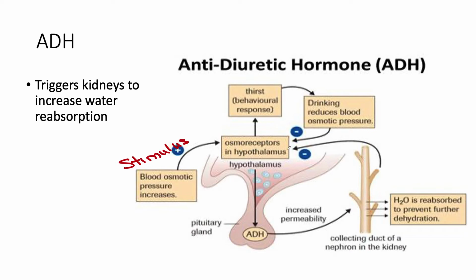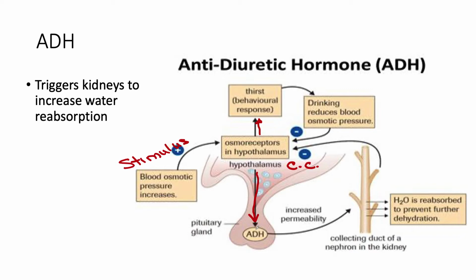Those osmoreceptors are going to tell the hypothalamus that you are getting dehydrated. And so the hypothalamus is the control center, and it is going to send out instructions to two areas of the body. One is going to be your thirst center, which is going to cause you to become thirsty and start drinking more water. And the other one is it's going to tell the posterior pituitary to release ADH,